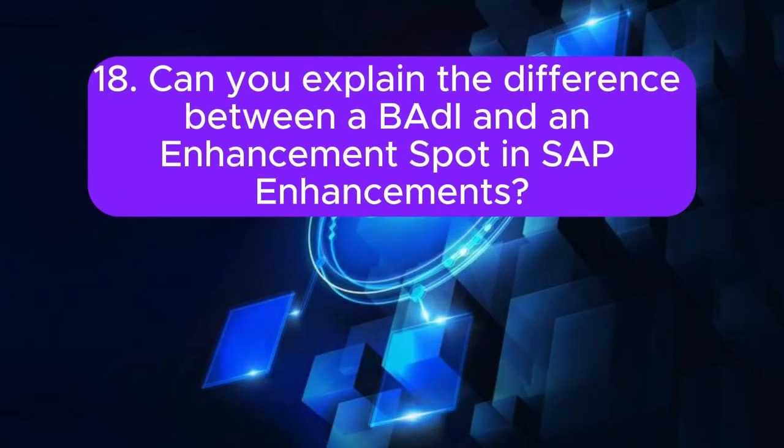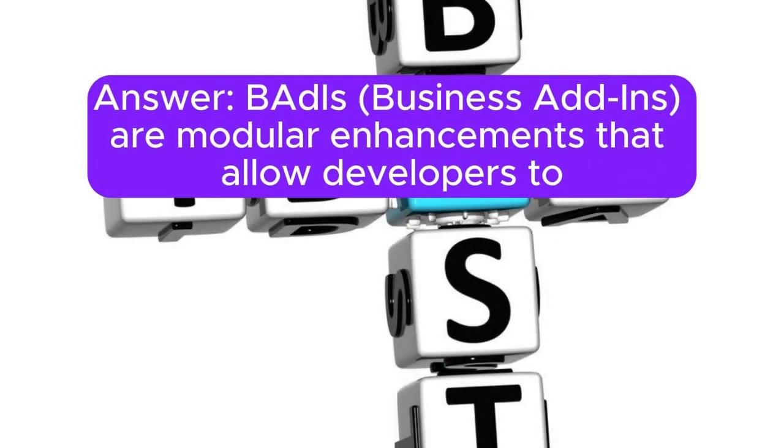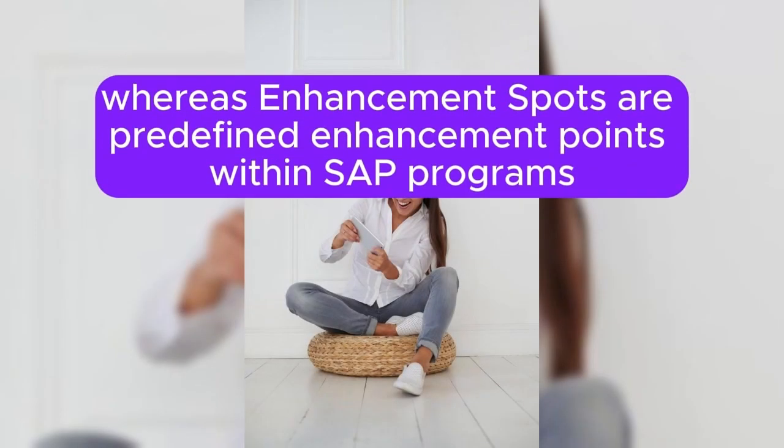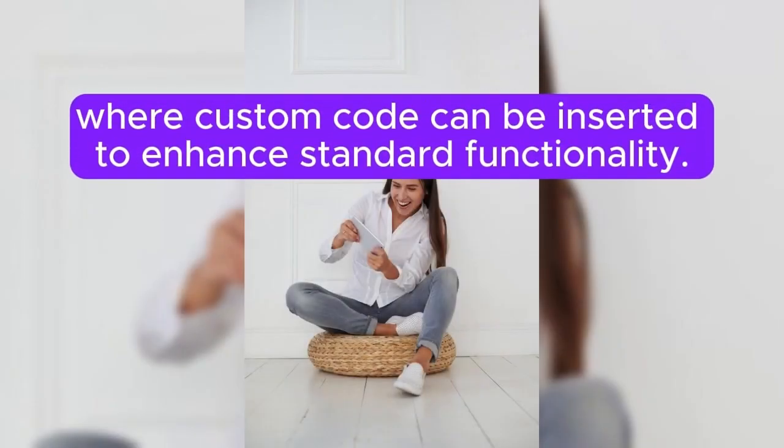18. Can you explain the difference between a BAdI and an enhancement spot in SAP enhancements? Answer. BAdIs (Business Add-Ins) are modular enhancements that allow developers to add custom functionality to SAP applications without modifying standard code, whereas enhancement spots are predefined enhancement points within SAP programs, where custom code can be inserted to enhance standard